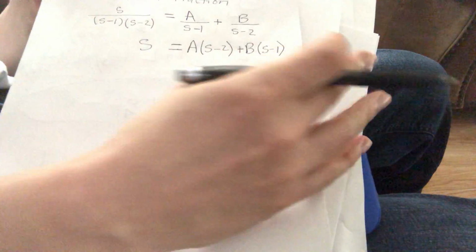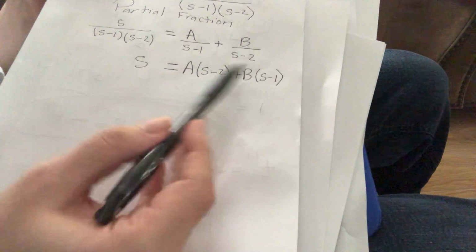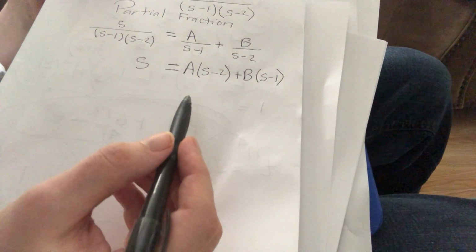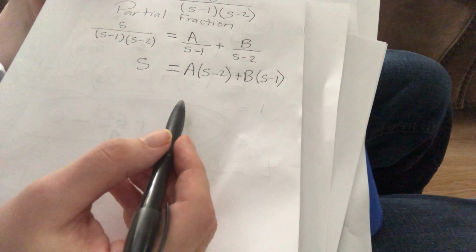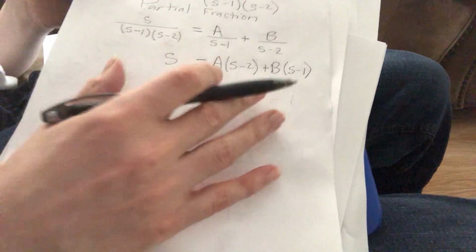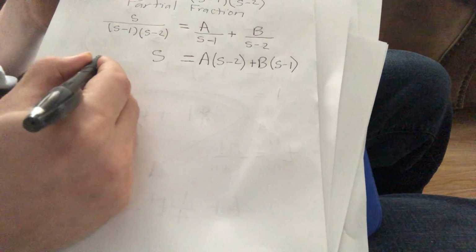Now the idea is to see if we can figure out what the constants are, what a is, what b is. There are two methods: comparing coefficients and guessing numbers. I'll do it both ways, and later you'll see, you can do it by whatever way you like. If you do it by guessing,